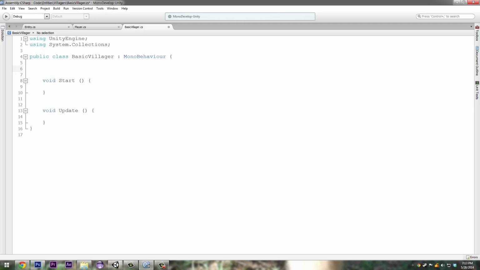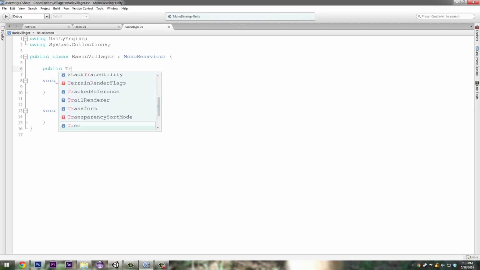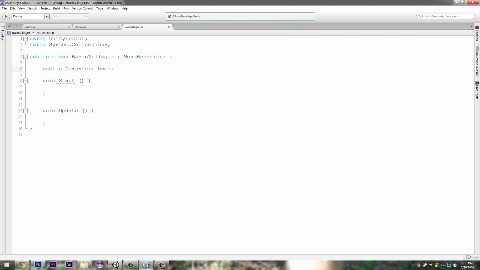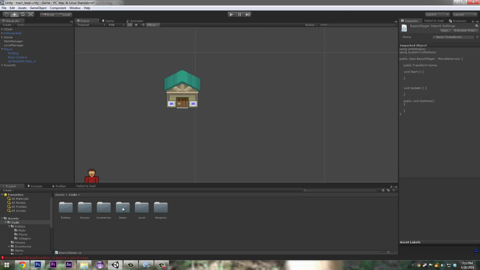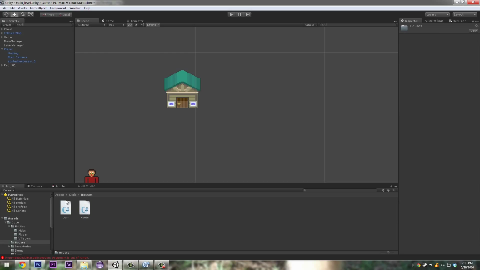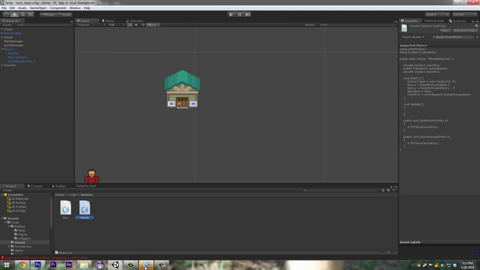we can have a public transform home, and we'll just have a public void go home, and pretty much we just do, we'll get to that part in a second. So if we go to our code folder and we go to our houses and then house,